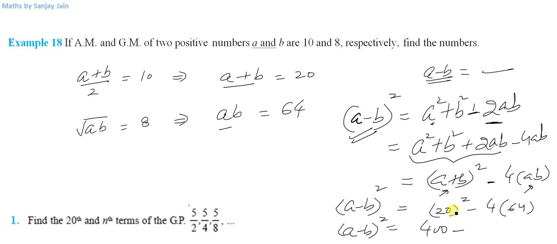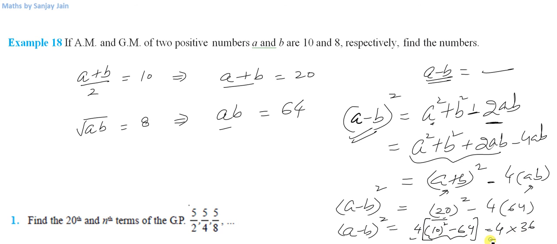I could have taken something common, then it would have been a little simpler. Yes, let me do it. If I take 2 outside of this bracket, it will become 4, and inside I'll have 10 squared, right? What I mean to say is this is 400. So if I write it as 4 into 10 squared, it is equally good. So what I have done is I have taken 4 outside, and it will be 10 squared minus 64 here. Now this is 4, and this is what? This is 36, right?